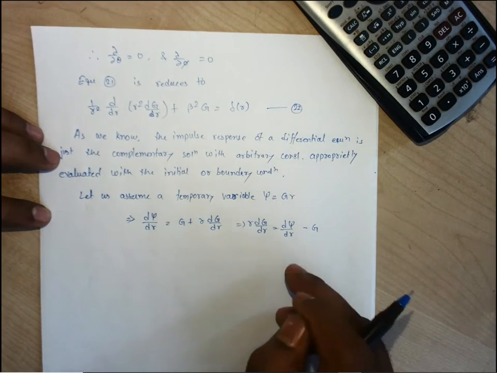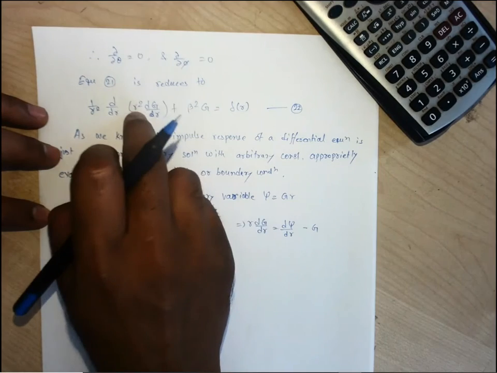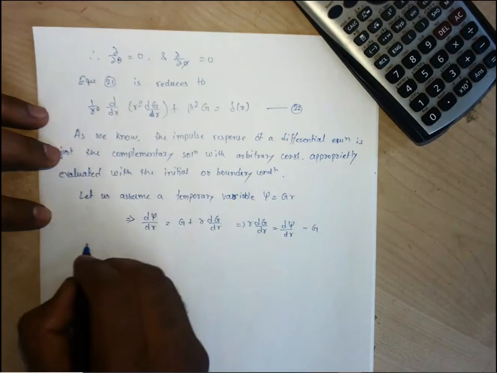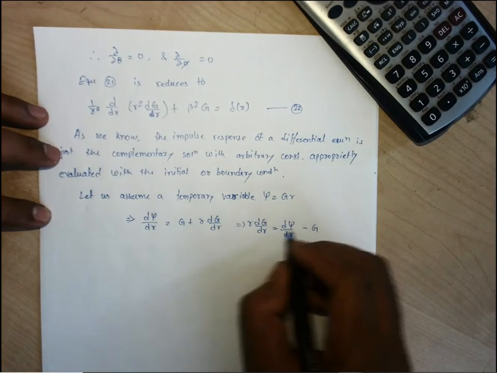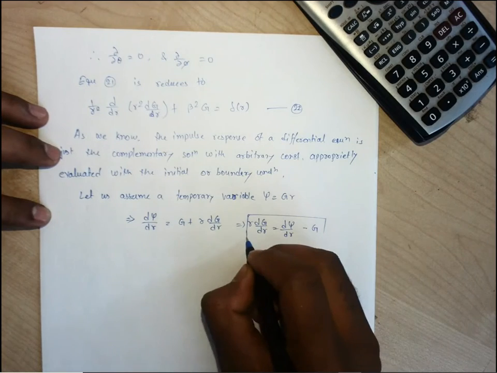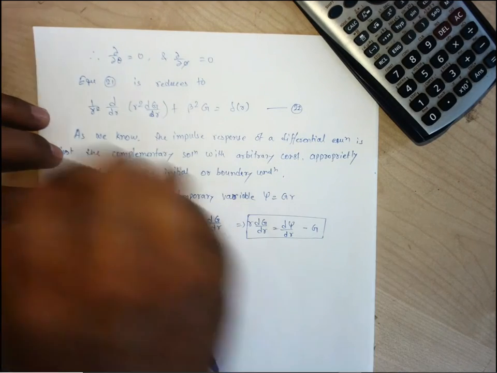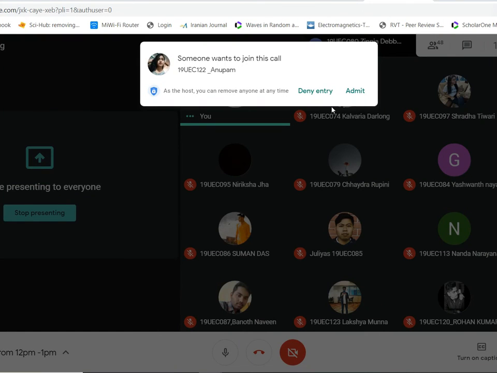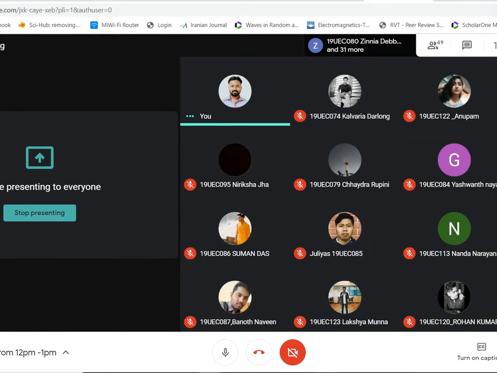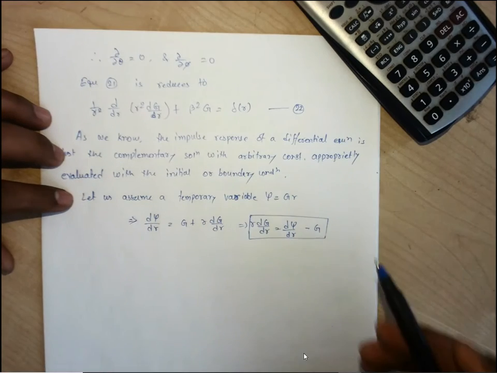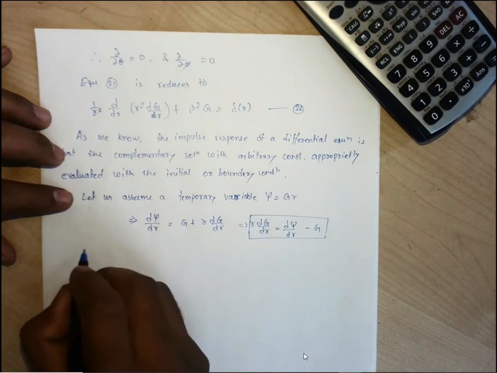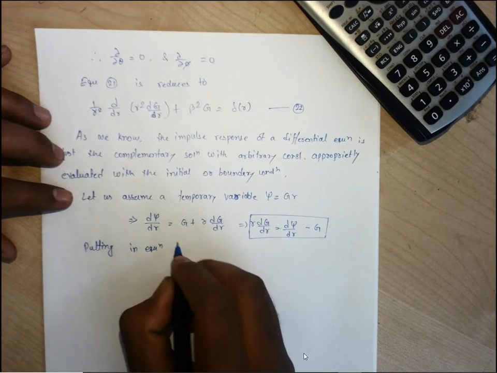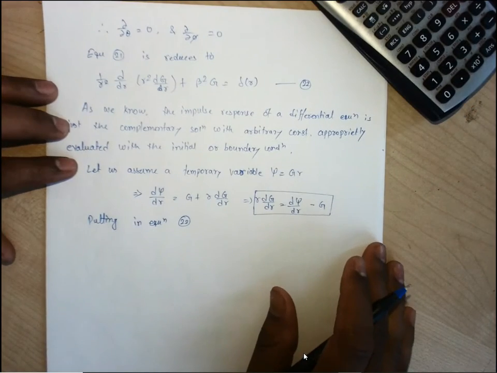Now putting this value in equation 22, what we'll get?